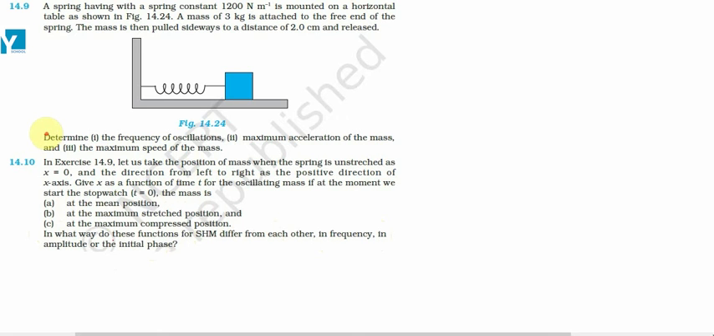Actually, this question is in continuation with the above question. In the above question, we were given a block of mass 3 kg attached to a spring of spring constant 1200 Newton per meter, and we gave that block a displacement, and that displacement is